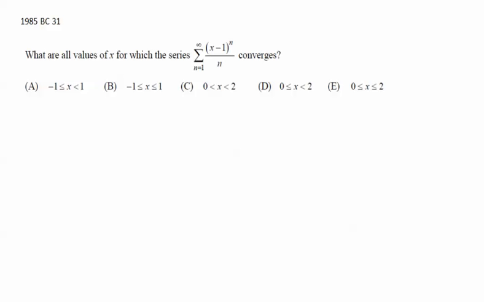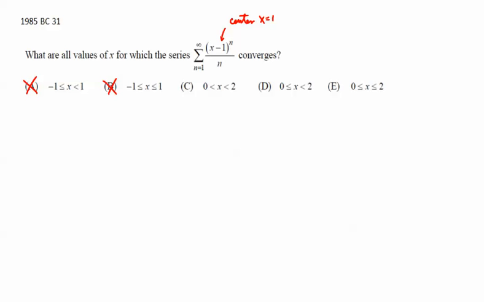Alright, in 1985 BC 31, we're asked what are all values of x for which this series converges. Again, we want to look at our shortcut. We can tell that the center is most likely at x equals 1. And since the interval of convergence has to be symmetric about the center, we cannot have negative 1 to 1. So that reduces our choices down to C, D, and E,